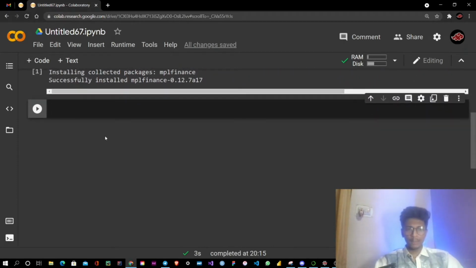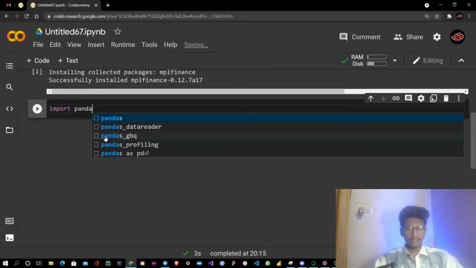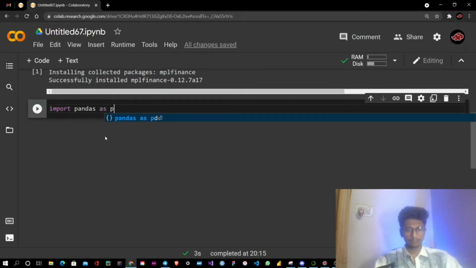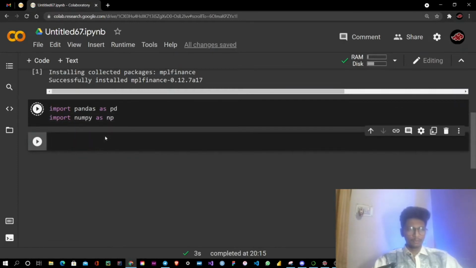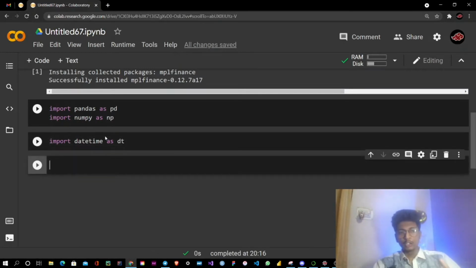Then we will be needing NumPy and Pandas for that. Also import pandas as pd. Import numpy as np. Then import datetime as dt. For import datetime as dt, if we are working on the real time, so obviously we are needing some dates on that. In the stock market, the dates are really important. We are working on the dates, and also we will convert that values date into some values.